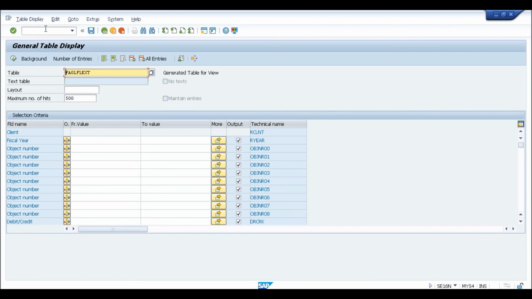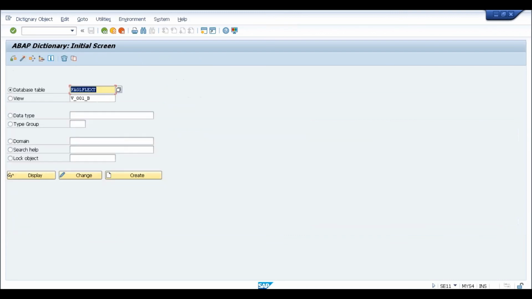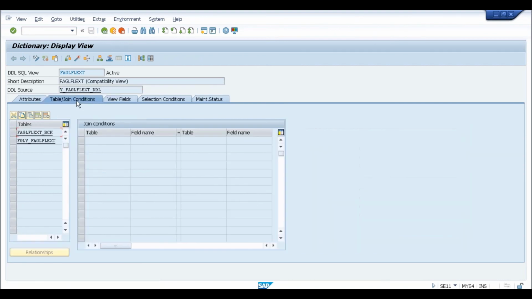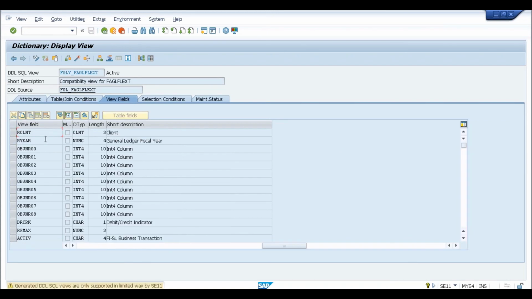I'll tell you how. If I go to SE11 instead of SE16, for FAGLFLEXT, if I click on display, see, this is available as a view, and I want to see from where the data will come internally. See, data is coming from FGLV_FAGLFLEXT. If I double click on this, this is again a view.